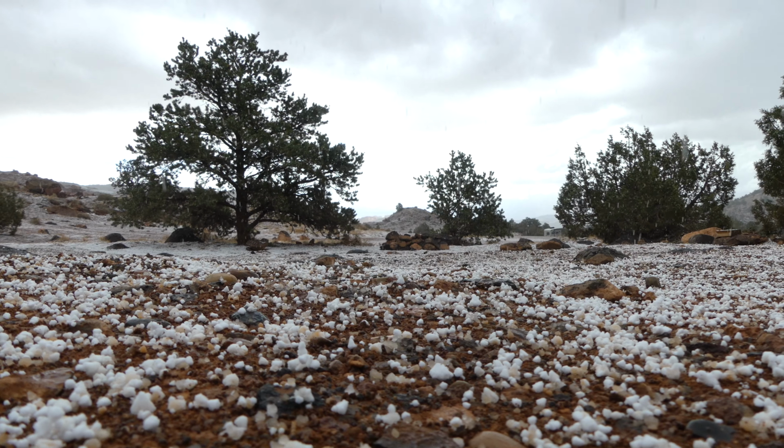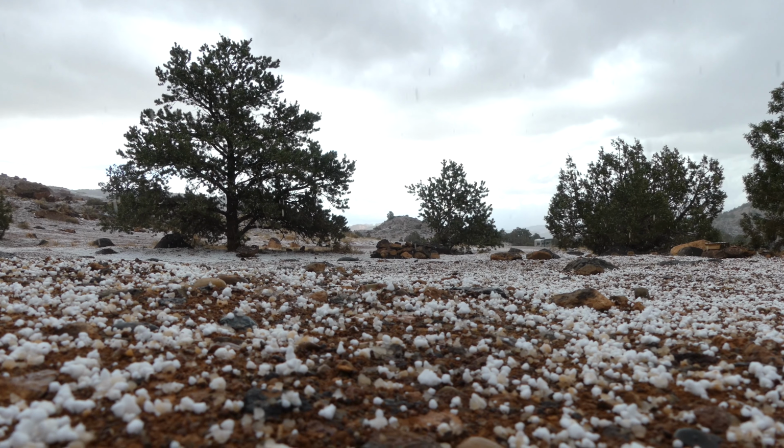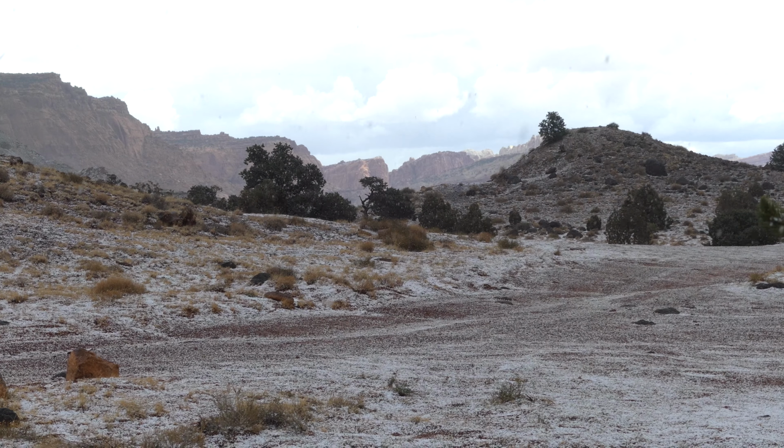We kind of had a mix of weather while we've been here. It hailed our first night. It wasn't like ice hail. It was really like icy snow hail. It was kind of fun. It actually stuck on the ground for a little bit, and we haven't really seen that